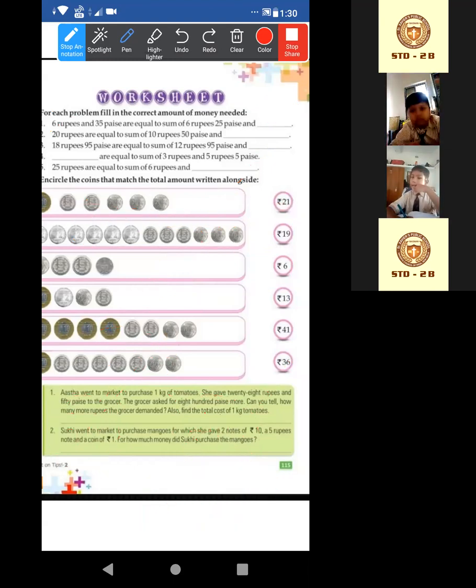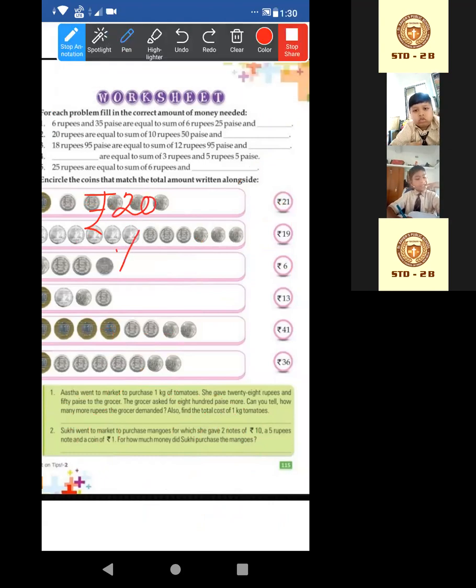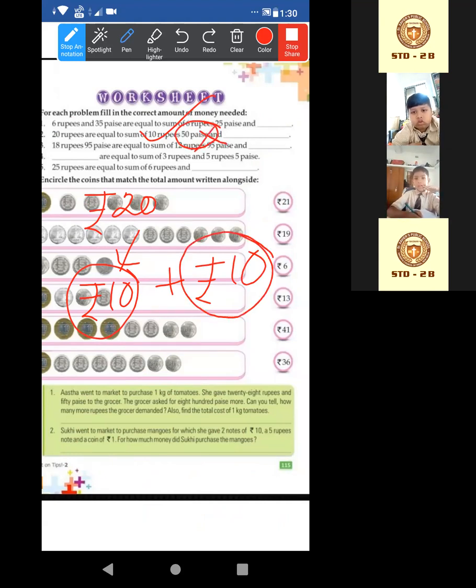Now look at the second one. It is given 20 rupees. We are breaking 20 rupees. We can say 20 means 10 plus 10. Yes or no? Now look, this 10 is given over there, plus this extra 50 paise given. Okay, forget about this. Now look at this. This 10 rupee means, we can say 9 rupees plus 1 rupee. Yes or no? Rahat? 10 means 9 plus 1.